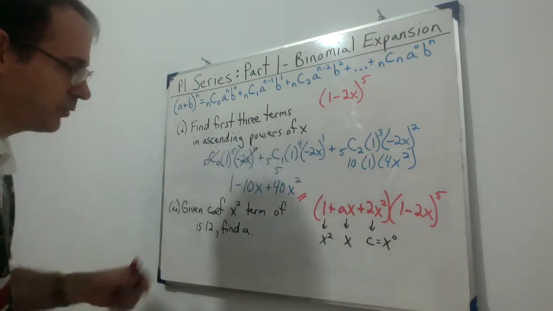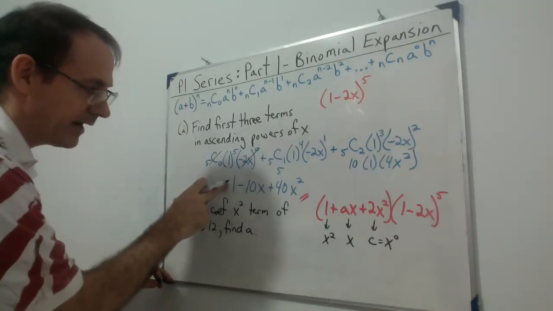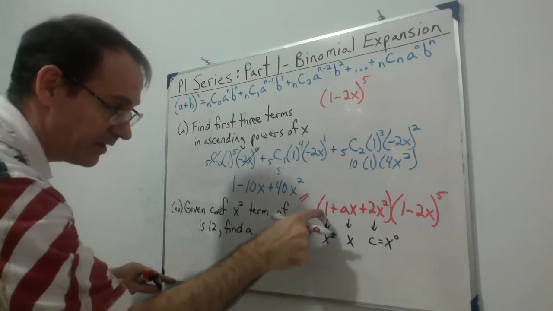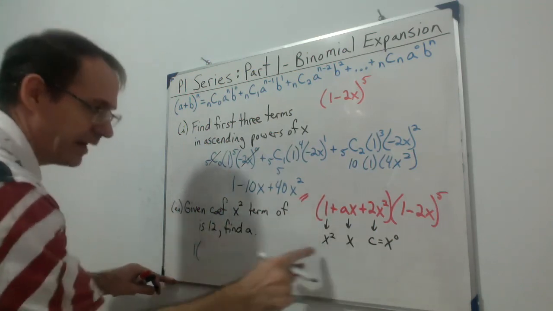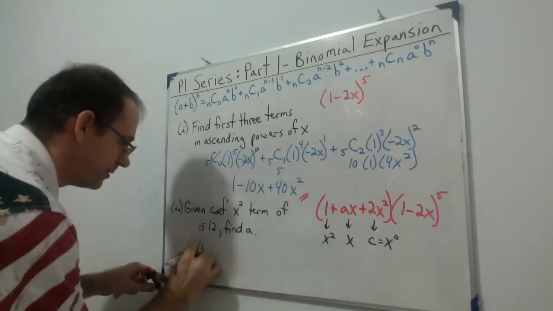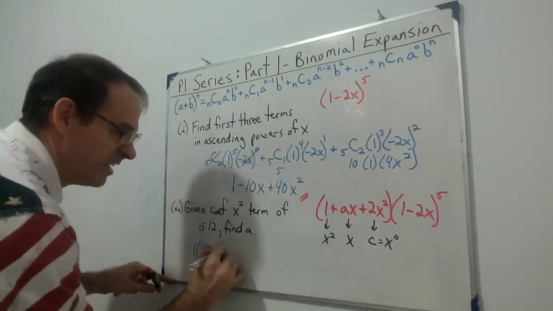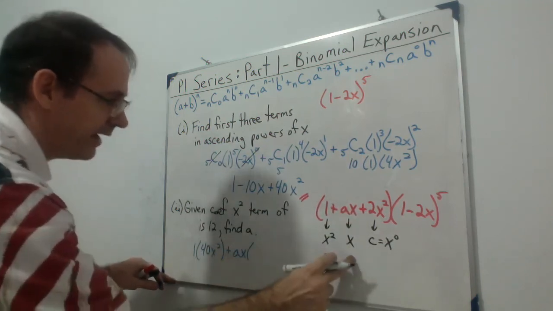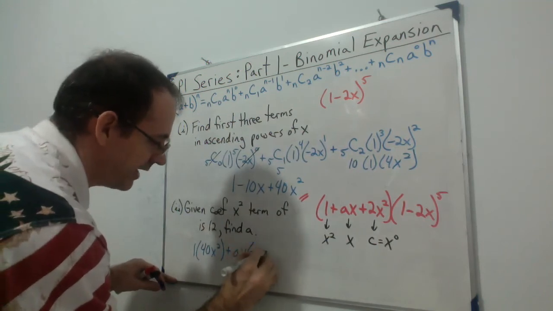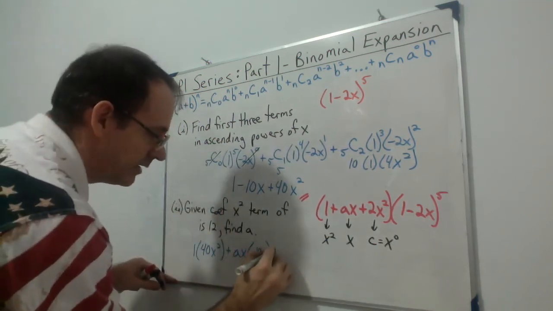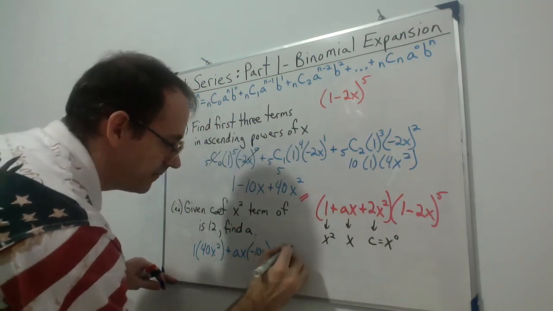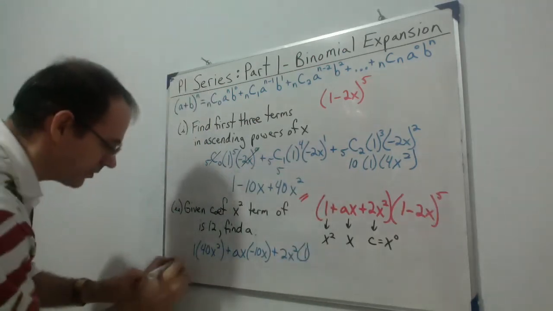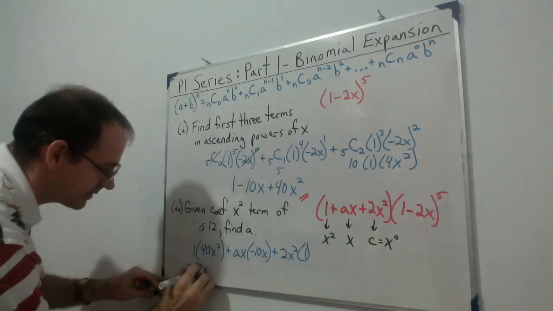And all of these are already provided. So what we want is the 1, that is our constant, or we can start with this one here, 1, this one needs multiplied by the x squared term. That's 40x squared. Plus the ax term needs multiplied by the x term. Well, that's this, a negative 10x. Don't forget to keep the sign with it. Plus the 2x squared gets multiplied by the constant. That's 1. So this comes out to be 40x squared